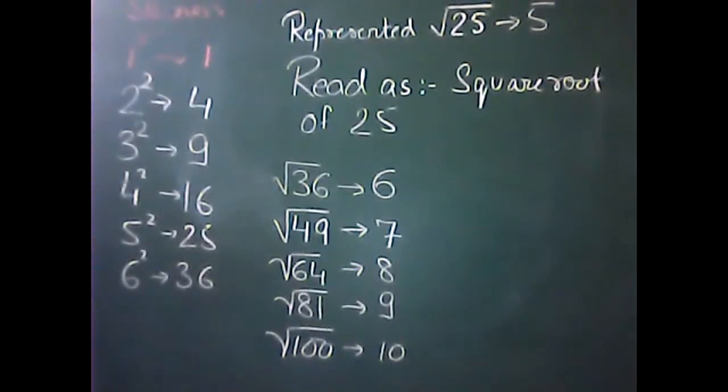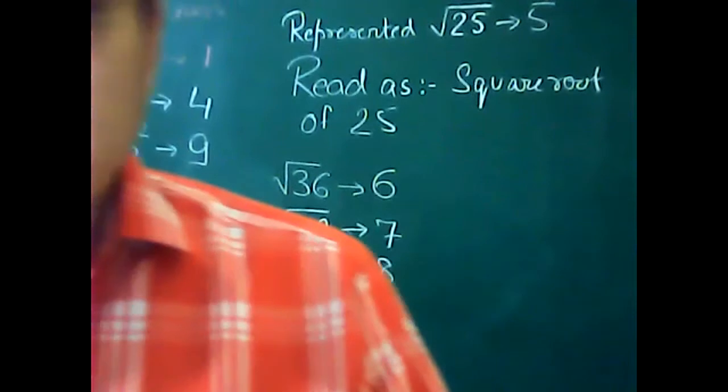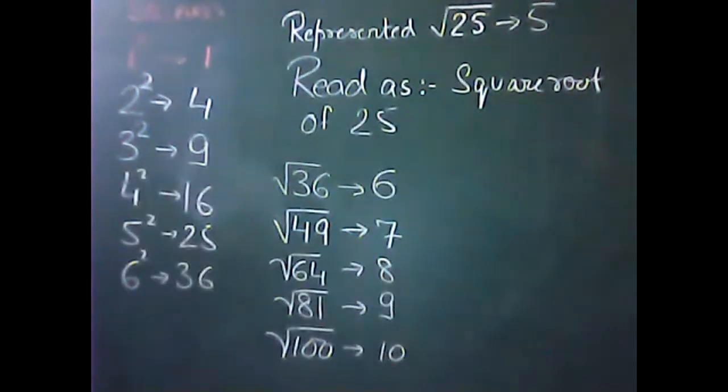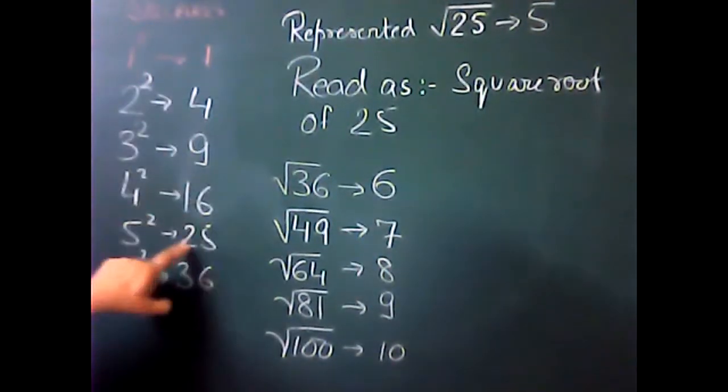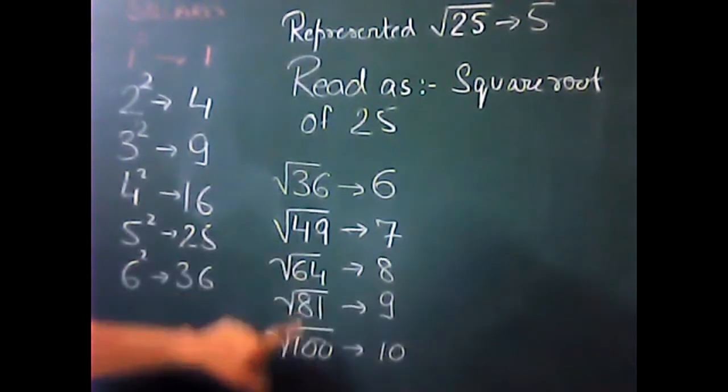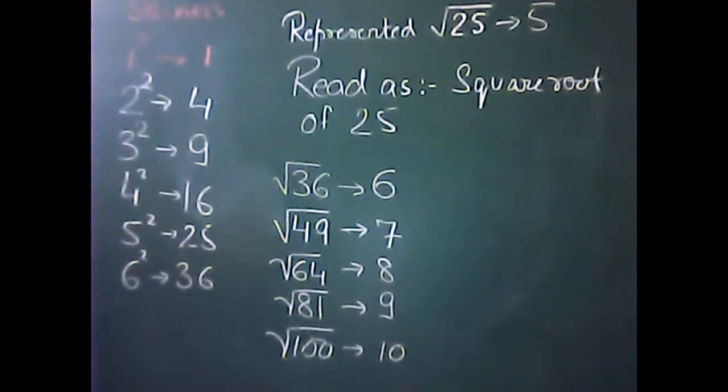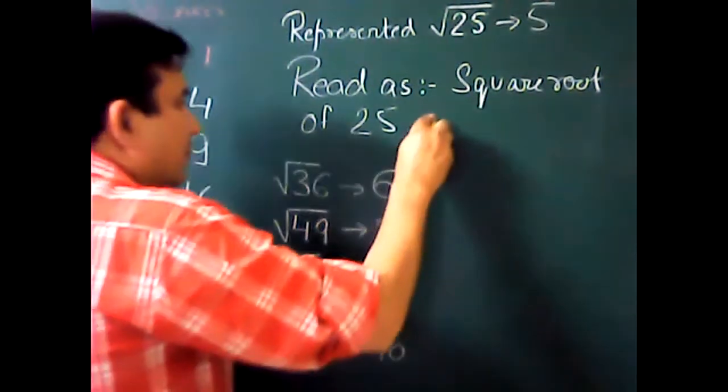So by knowing the square roots of single digit numbers, we can calculate the square root of a 4-digit number very, very easily. If you know the square roots of numbers from 1 to 100, that is 1, 4, 9, 16, 25, 36, 49, 64, 81 and 100, this much information is enough for you to calculate the square root of any 4-digit number. I will tell you the technique. It's very, very simple. But before that,